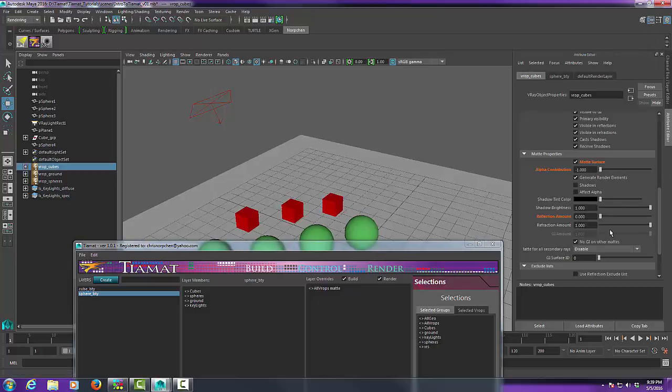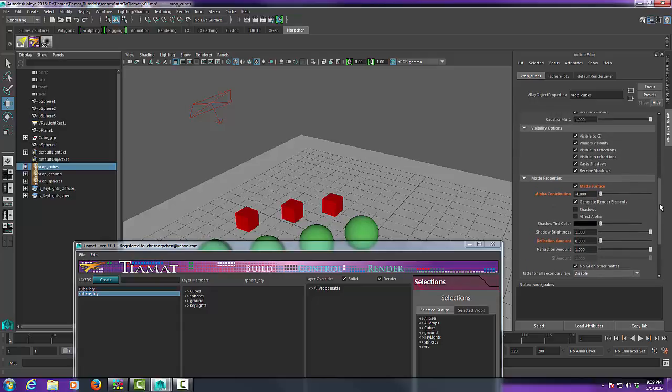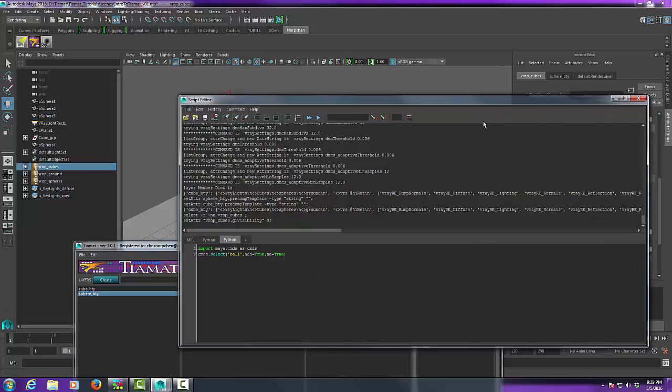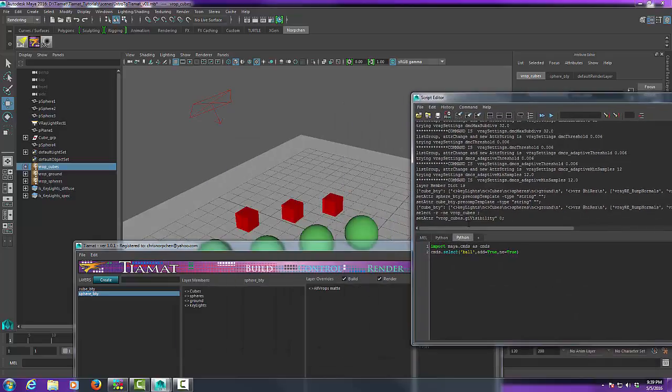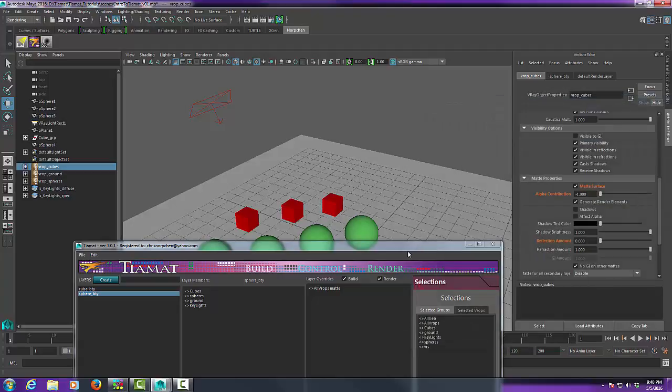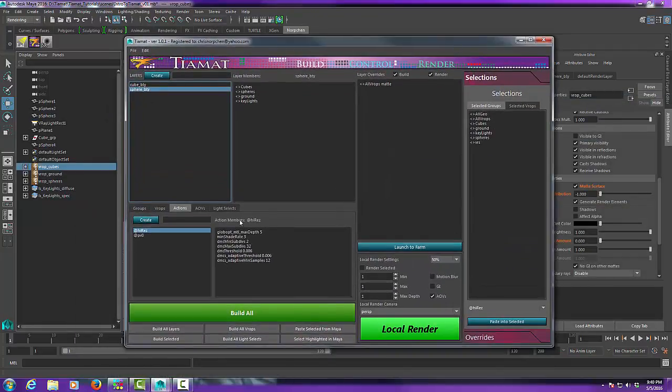Now, let's say, for instance, you wanted your mattes to have, let's say they're not visible in GI. So you want that shut off. So again, let's open this up. Script editor. Let's grab GI visibility. Copy that. Now what you can do is you can create an action, and let's just call it matte,